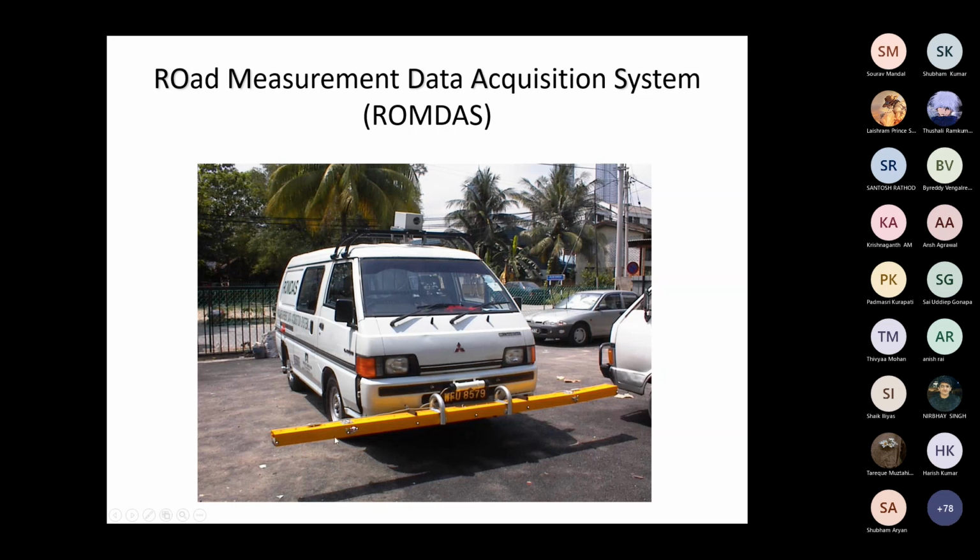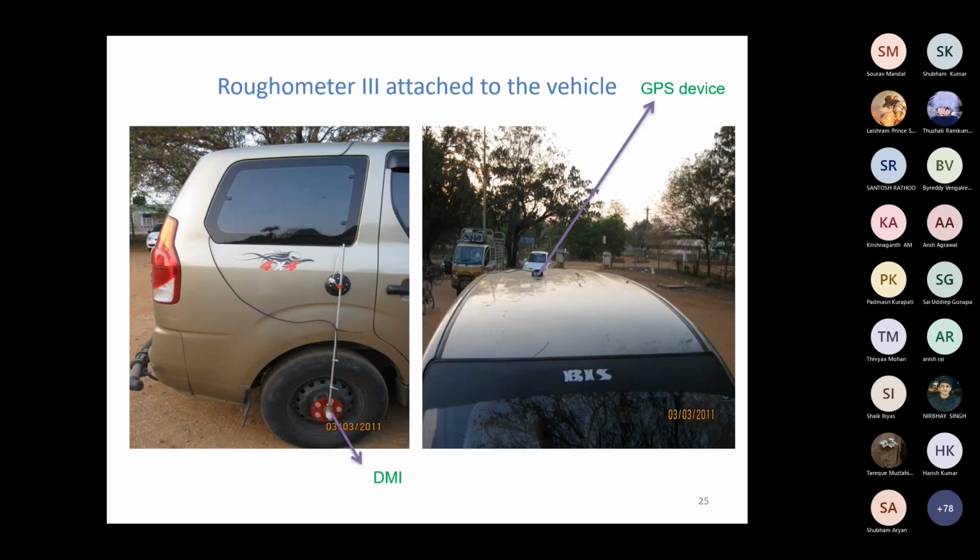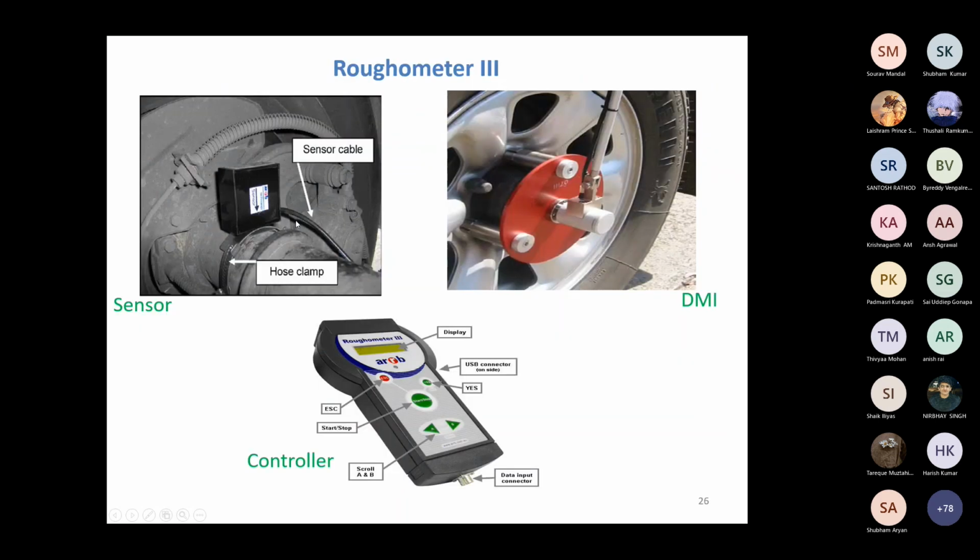Then it is the yellow one. This is the profile meter. This is fitted with a GPS. Okay, so when the vehicle is going, it can track the path and also will give you the distress automatically. This is a rophometer which is attached to the vehicle. Again, rophometer means this is fitted to the axle of the vehicle. Okay, axle of the vehicles.